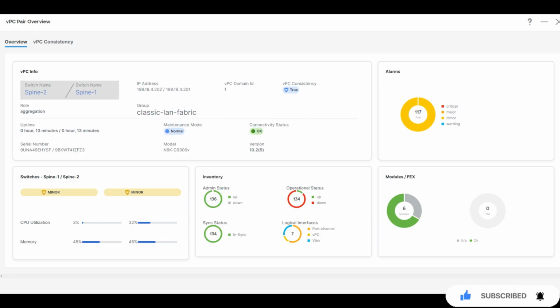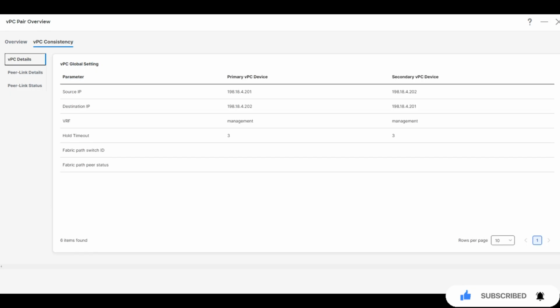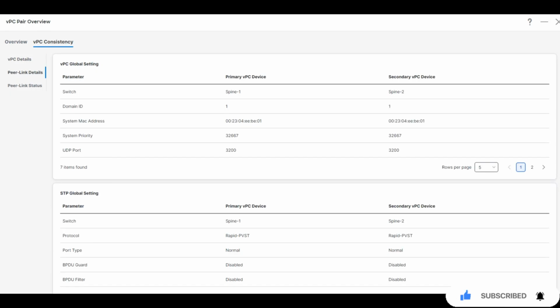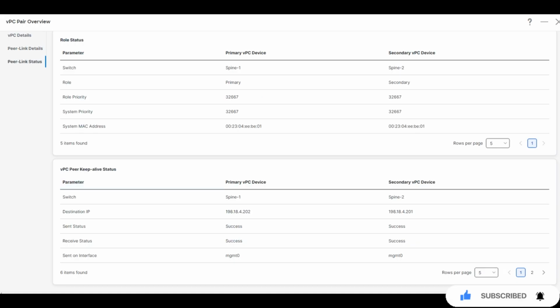Peer link details. Peer link status side by side. Send and receive, they both are successful. Close this, go to, close that, and